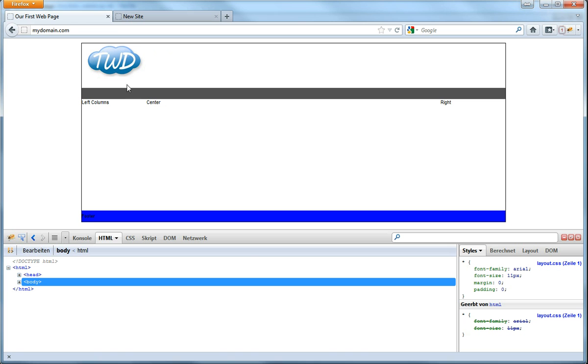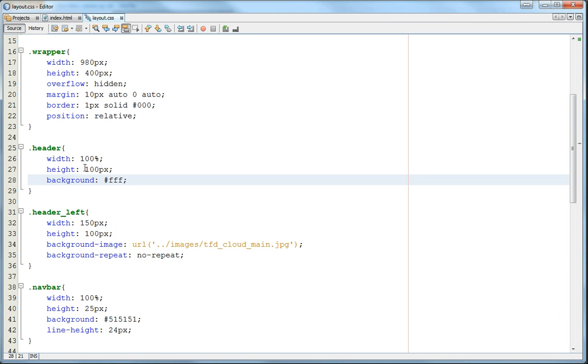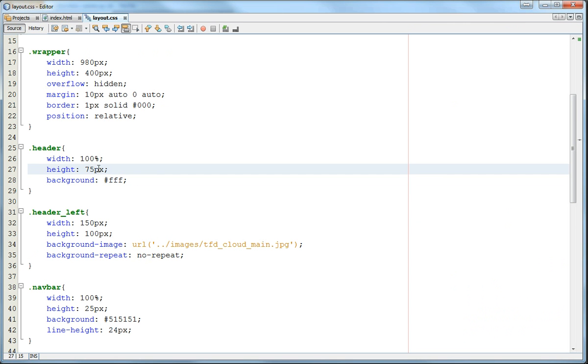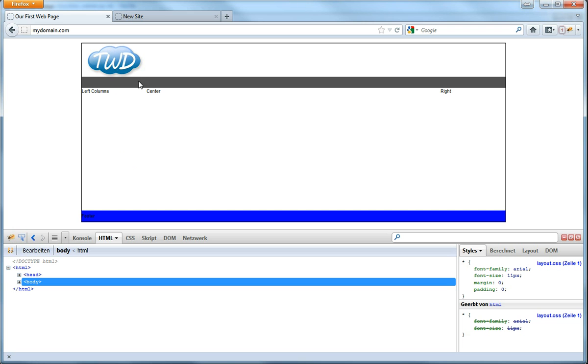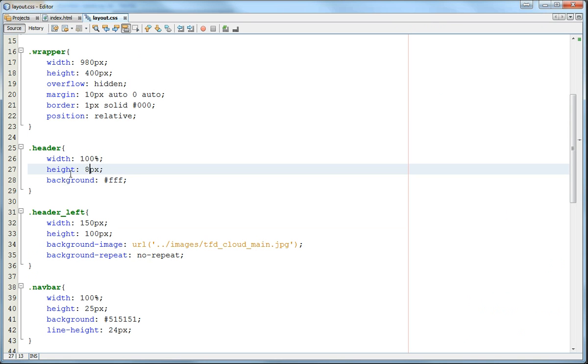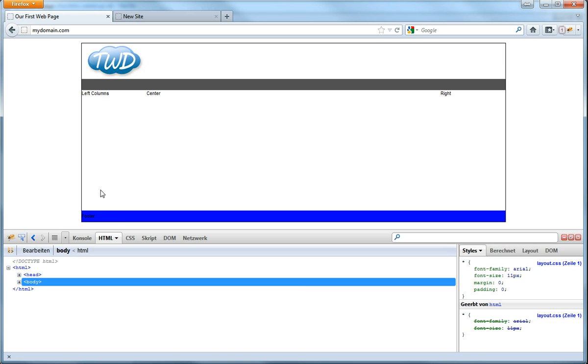Now, to be honest with you, I'm not going to make this 100. I'm actually going to make it 75. So the header is now going to be 75 instead of 100. Change it back, and it's going to knock down. Actually, let's just make it just 80, just because it's a little bit extra room on it. That's better. Okay, so now we've got the logo,